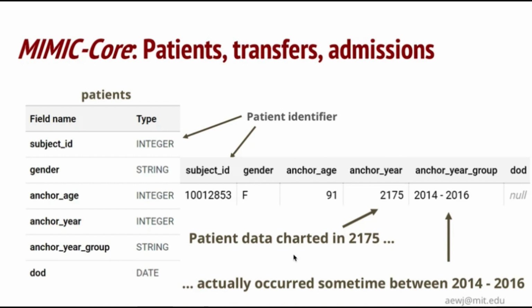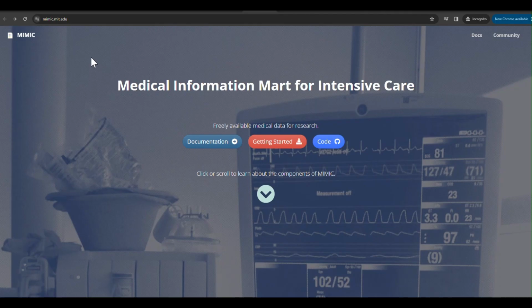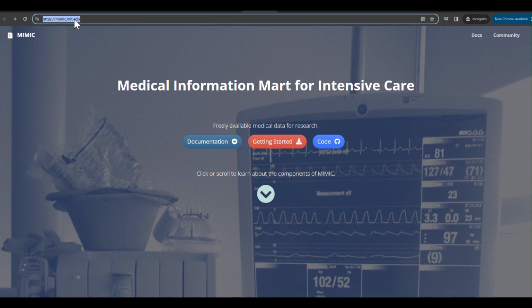Here is a quick look at the data types of the patients table. For the complete list of description about all table from all datasets, let's explore together the documentation section of the MIT website,